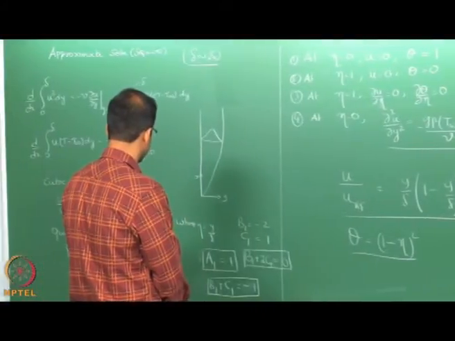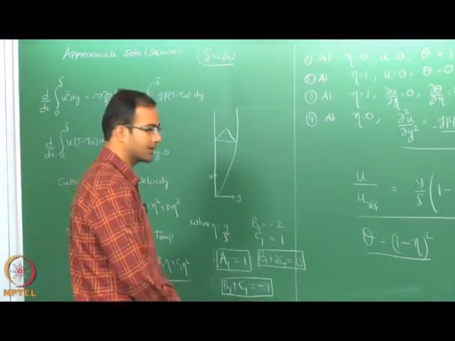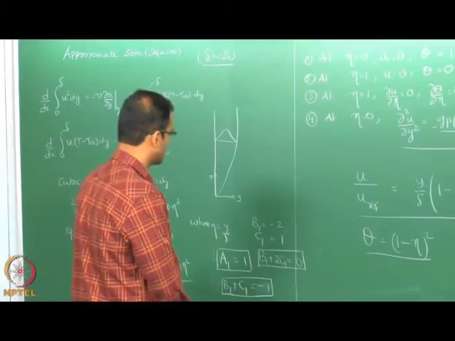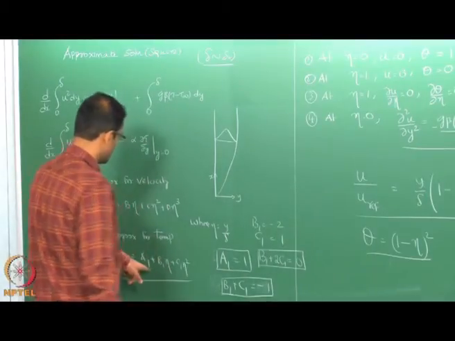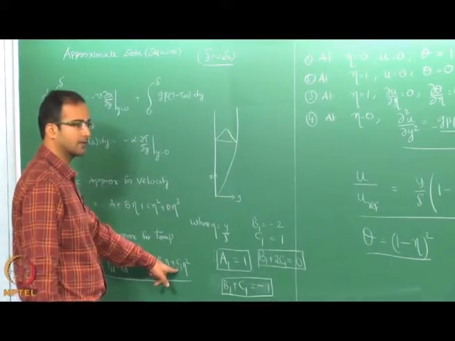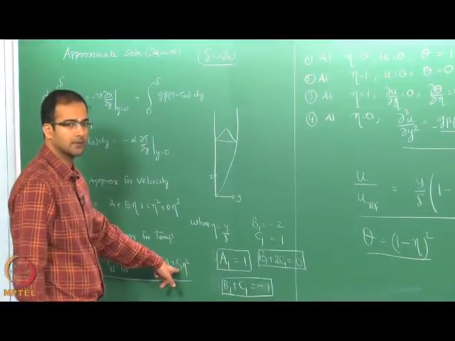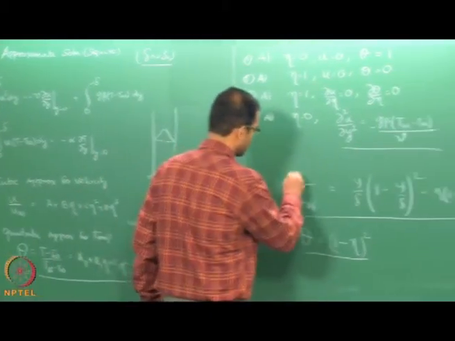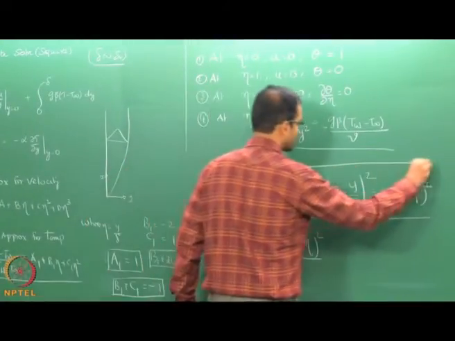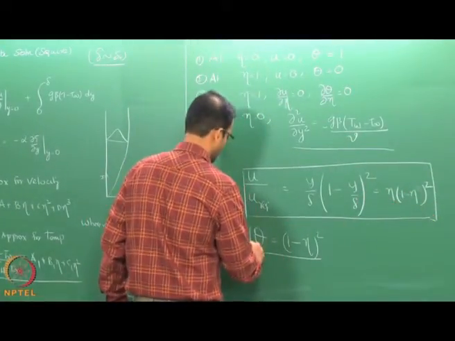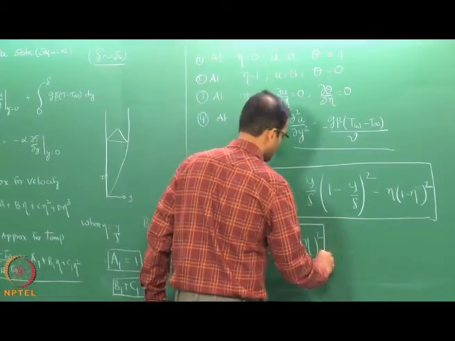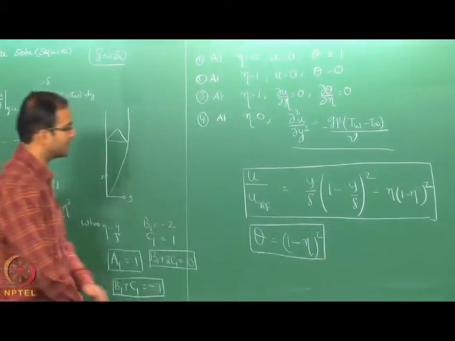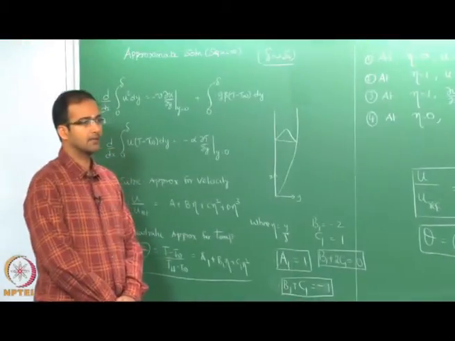Okay. If you substitute it, you will be getting nothing but 1 minus eta the whole square. This is 1 minus 2 eta plus eta square, which is 1 minus eta the whole square. Okay. So, now that you have the approximate profiles, can you check the location where the maxima is obtained?